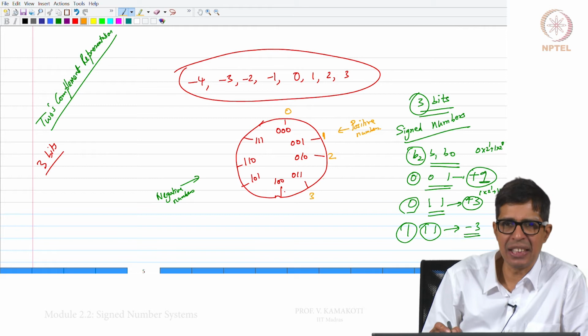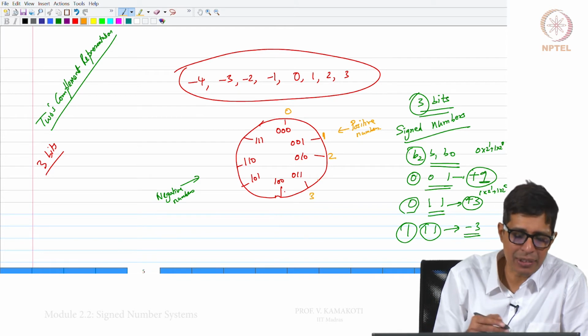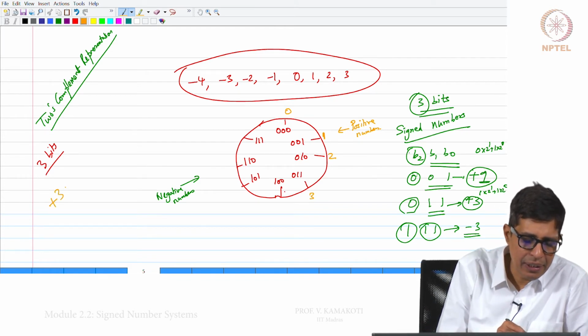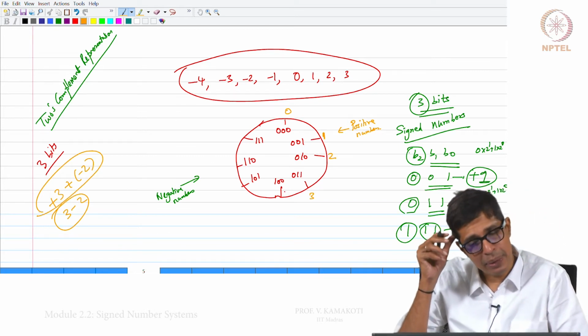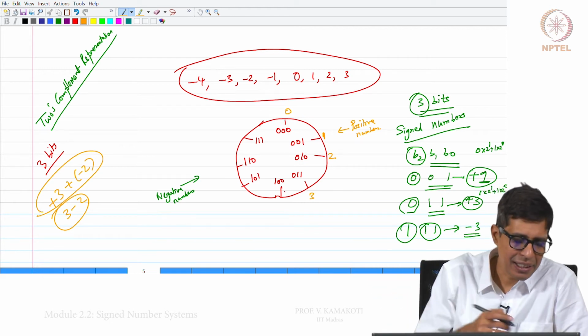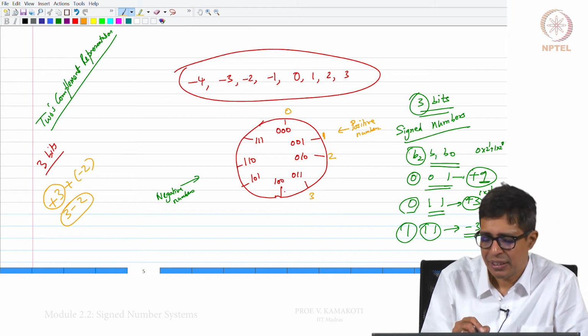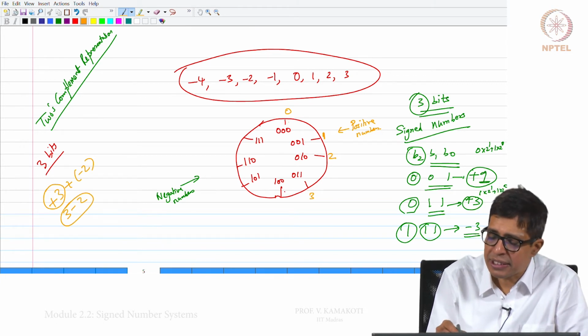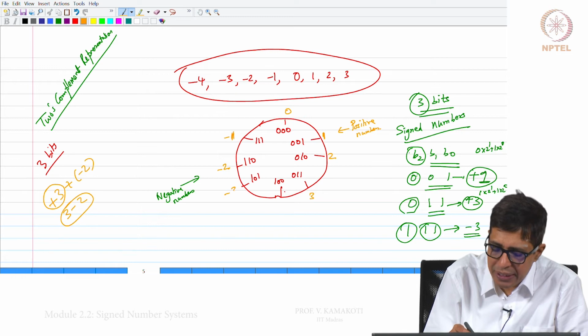and let us model addition. If I have signed numbers, then addition can essentially become subtraction. For example, suppose I say plus 3 plus minus 2 is nothing but 3 minus 2, which is subtraction, right. So, the moment I have signed numbers, adding 2 signed numbers of opposite sign essentially implies subtraction. Here I am adding plus 3 to minus 2. Same thing can happen here. So, the way we are doing this is 0 1 2 3, but then we will make this minus 1, minus 2, minus 3 and minus 4,